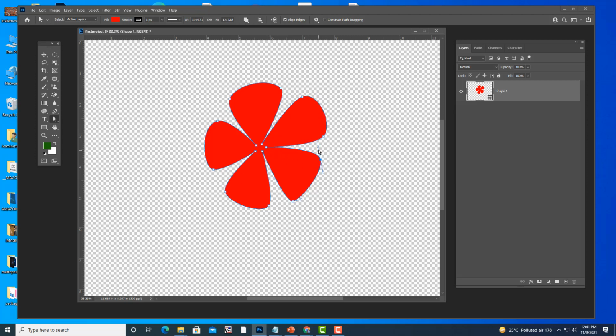See, so we have actually improved a rough shape. When we created this shape with the brush tool, it was very rough. So now we have improved the shape a lot. Okay, so something like this.